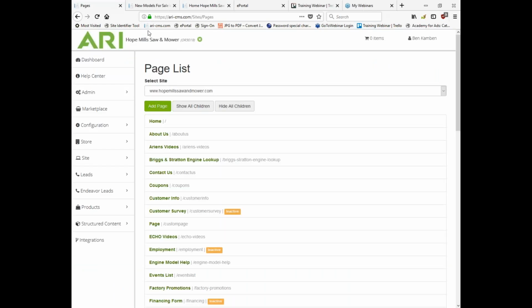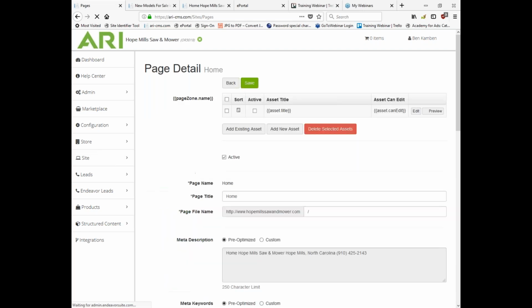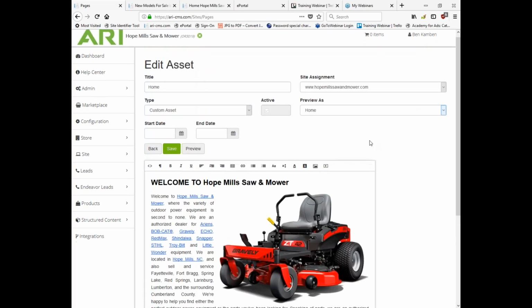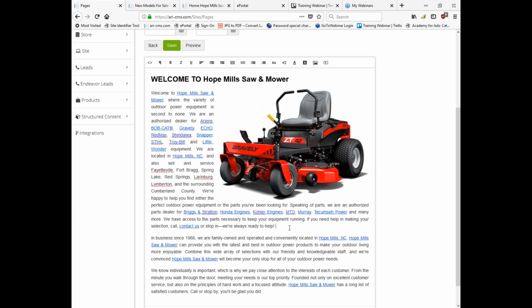Jump back to your editor, click on Site and Pages. Once you get into this page list, click on Home for the home page. Then all of your text is contained within this primary text asset up top. So to access what's in this big, ugly gray brick, we'll click on Edit. Then it jumps us into a highly simplistic text editor in which you can go in and change the text